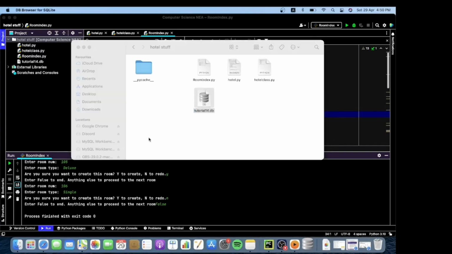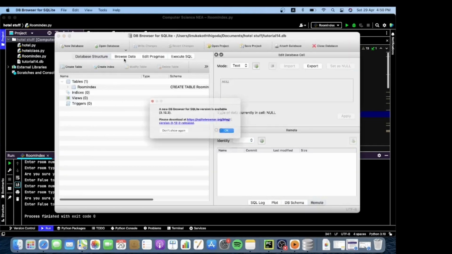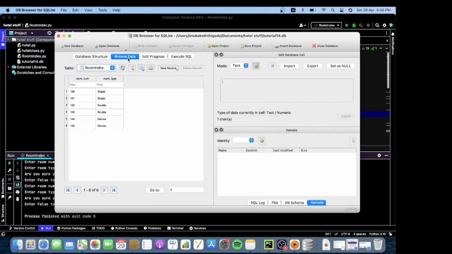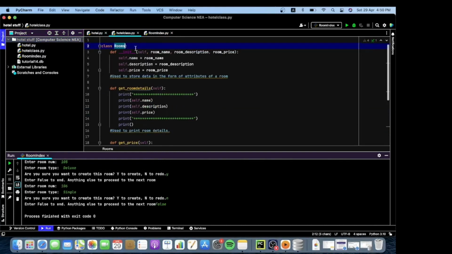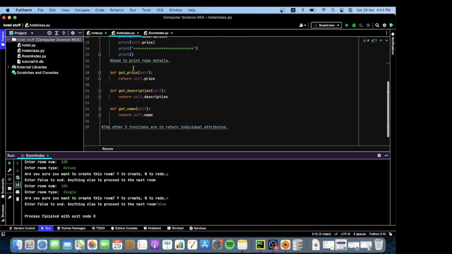We can open it to see how the table looks. And there's our room index. There's the rooms that we've created for our hotel management system. Okay, looking through hotel class, we've got the main class for rooms, we've got its attributes, and we've got some